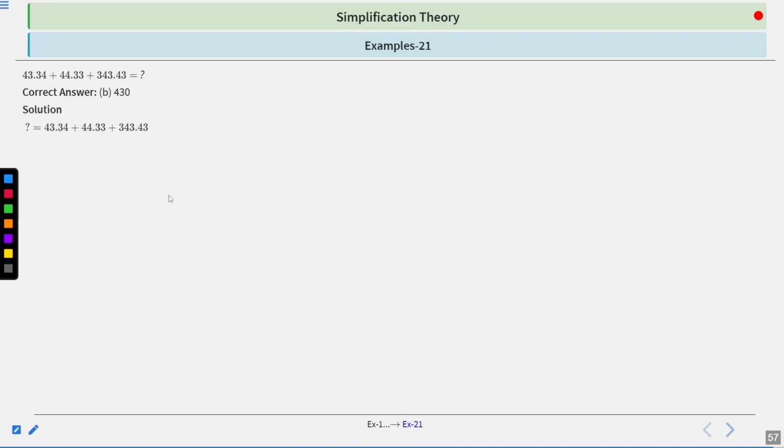Solution of this question is, now this is an approximation question, so we can write it in approximation formation. So 43.34 becomes 43, 44.33 we can write as 44, and 343.43 we can write as 343. So now we can add it, we get the value of the question mark, or we can call it x. So 43 plus 44 plus 343 becomes question mark, which equals 430. So B is the